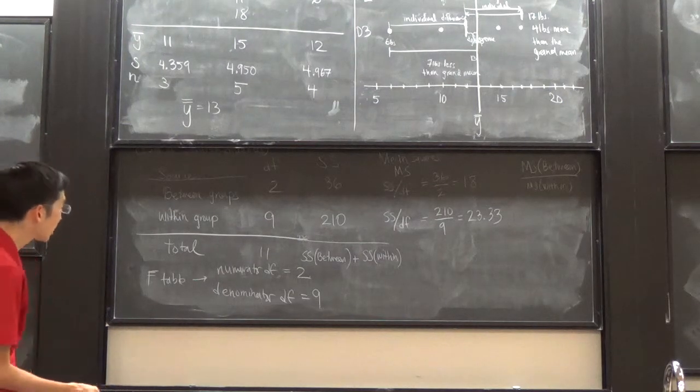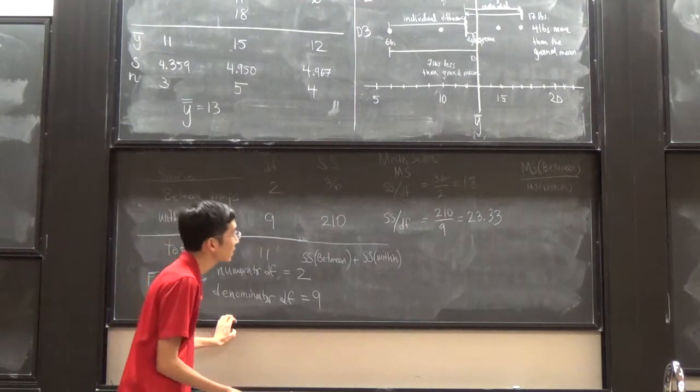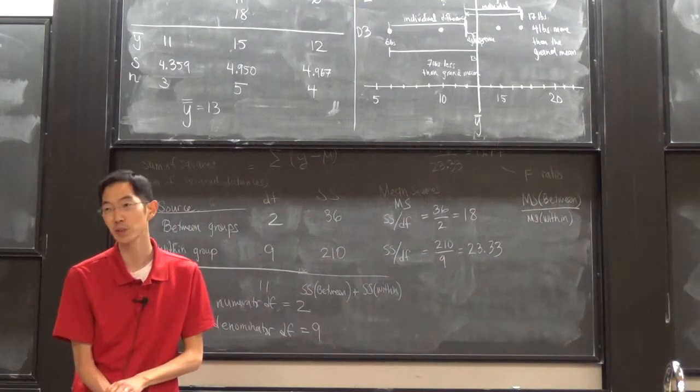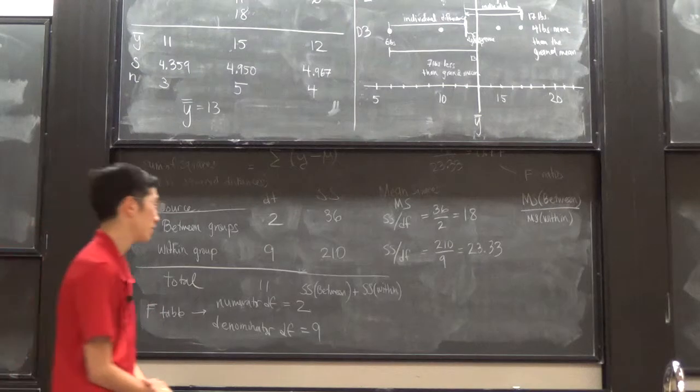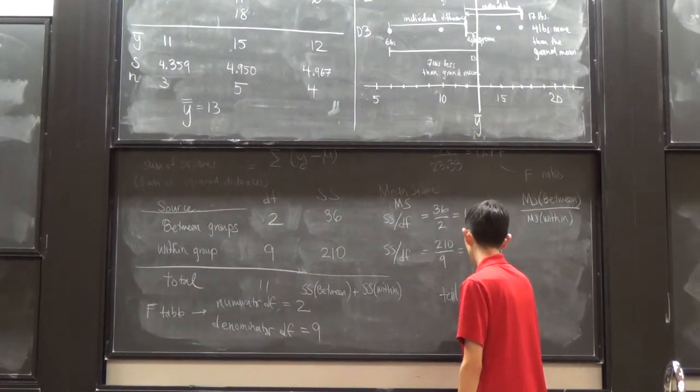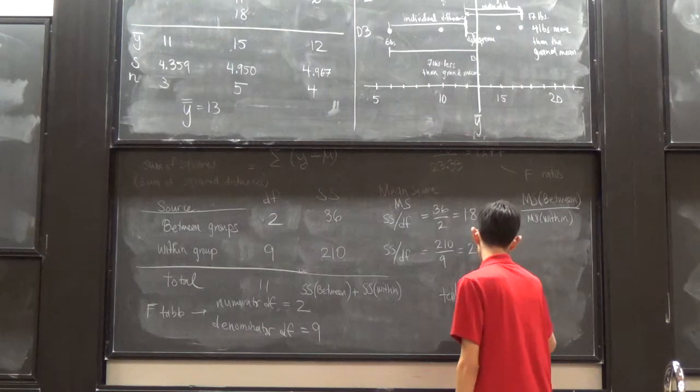And so we see our test statistic of 0.77 is closer to 0 than 1.93. So our conclusion would be that our tail area is greater than